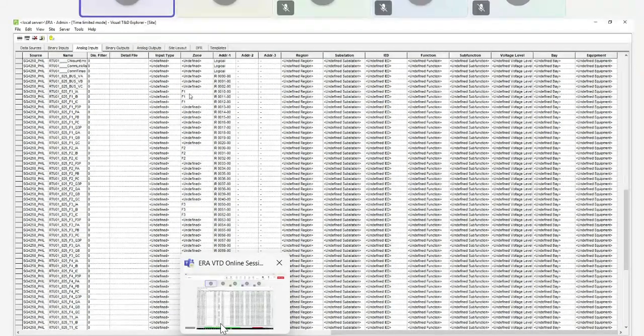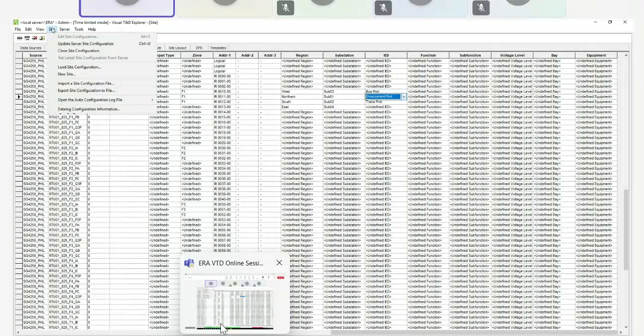For the feeder one, say south or west, northern region. So it will automatically pop up if I finish configuring the categories tab. Northwest, southeast. So if you notice, the substation will automatically be populated as well as the IEDs if you put some categories here. So I will just update my server.